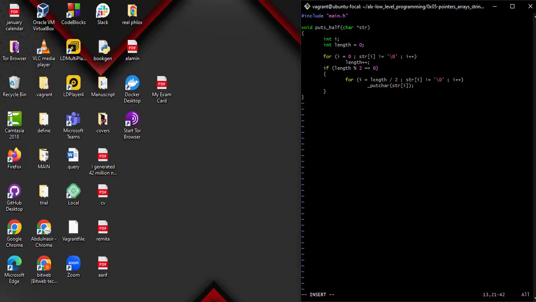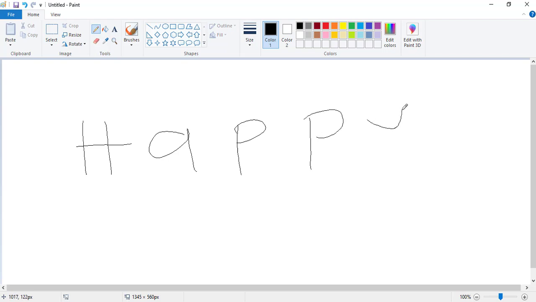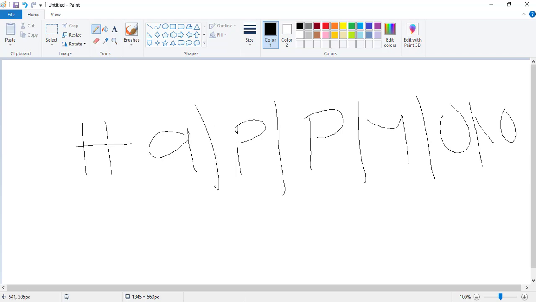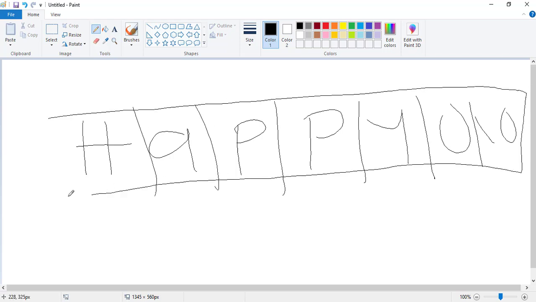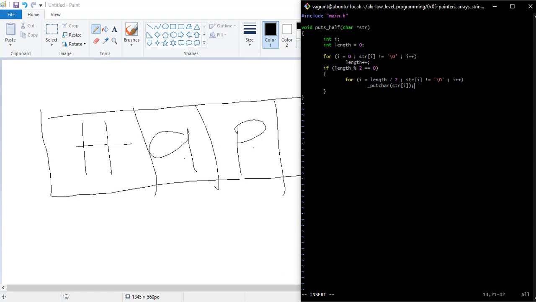Okay, let me show you this again. I just want you to understand all these things. That's why I'm taking my time to explain. So the first case here, we are considering what? For an even number, right? If it is even. So I like using this HAPPYO, then this, right? Is this even? 1 2 3 4 5 6. Yes, this is even. So I said if it is even, right, if it checks the length, if the length